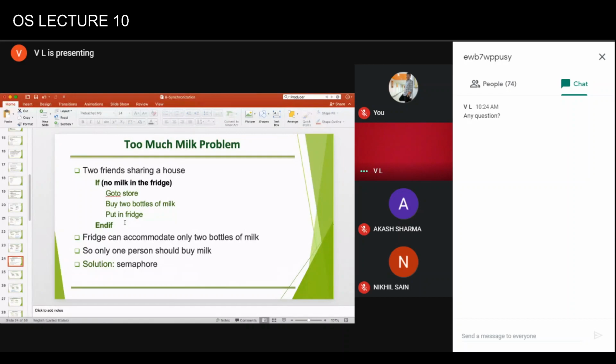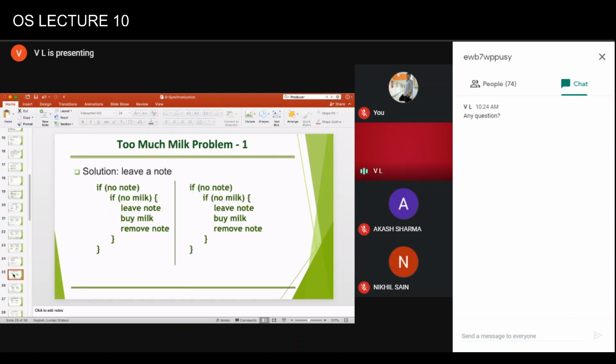Now, let's say these friends have different office times, so generally they don't get time to meet each other. So they have to communicate by posting some notes to convey the message. Naturally, one friend is working in the daytime, another friend is working in the nighttime, so they don't get to see each other. So let's start from this. How do we find the solution? The solution is, of course, that they are leaving notes.